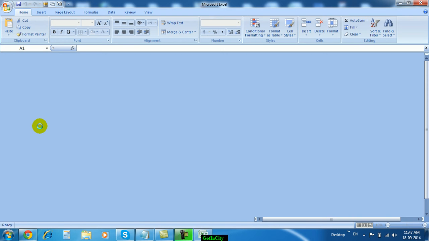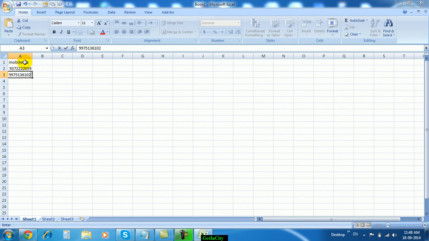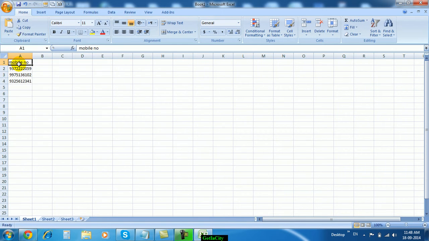Means in this file we will add mobile numbers on which we want to send the SMS. We should just enter all the mobile numbers, and at the time of saving just click on save as.